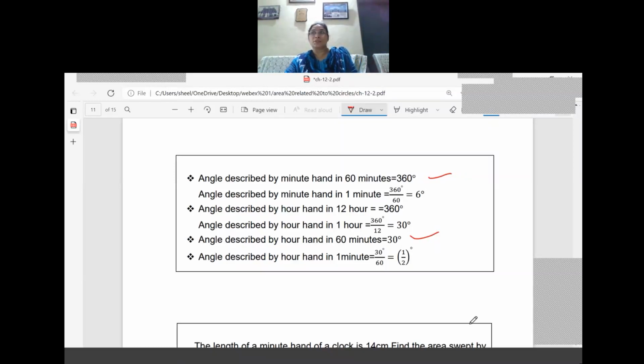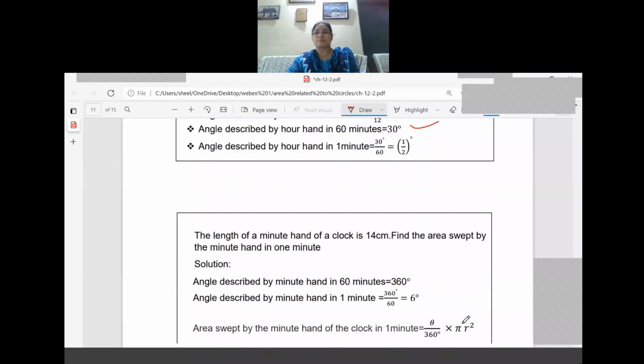So sometimes in the question they will not give the central angle. So based on this concept, you should find out the central angle and solve. Okay. So the next question: